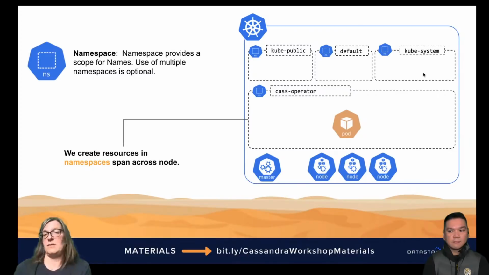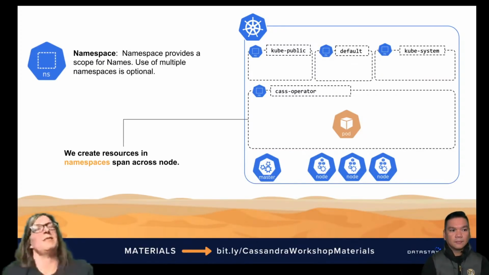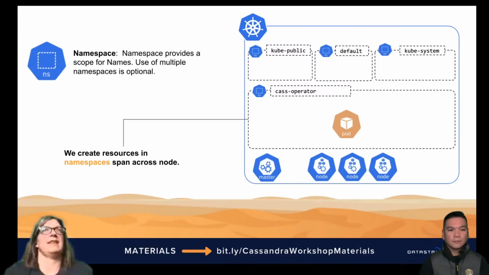But you already have system namespaces where a lot of the system pods are running in order to really make this cluster operational. And then later we create our own namespaces in order to organize our pods and resources. And that's really what it is. It is an organizational structure. It allows you to group applications, because you might end up with a lot of resources and pods running, and you might not want to see them all the time when you want to get some insights. So using a namespace is almost like a folder, a directory,